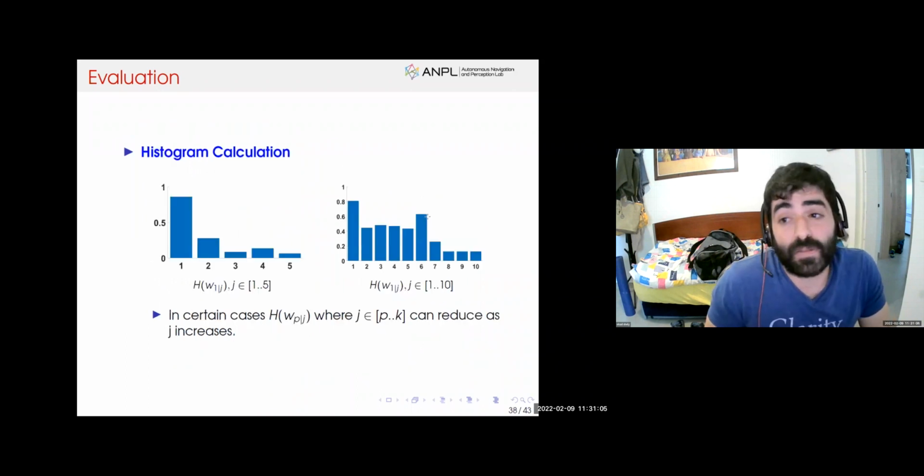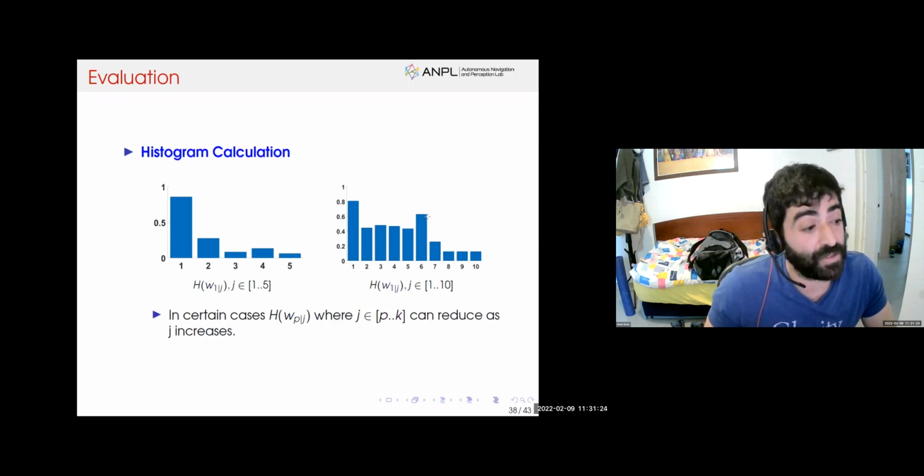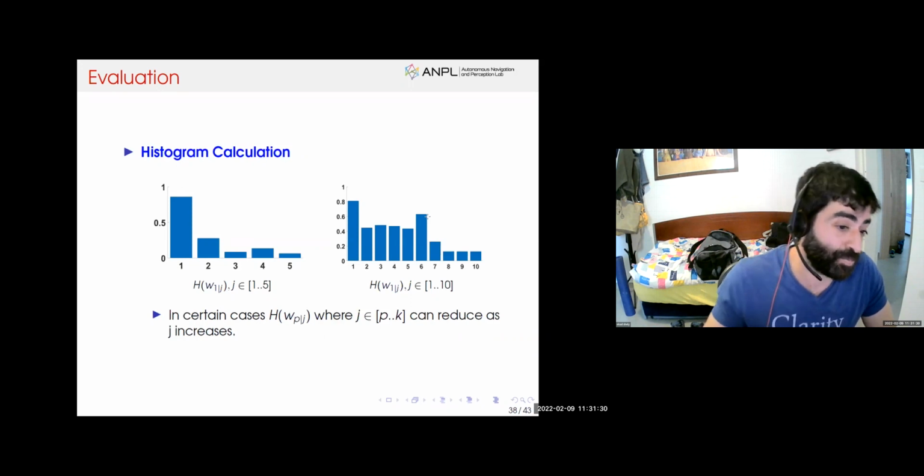This is a bit of the histogram calculations to both of the simulations shown. What we try to show you is the updated weighted value giving information at different time points. What it shows is that the uncertainty level, which is the histogram, can reduce as we obtain more information. We should note that this can occur, but we cannot guarantee that it will occur in all simulations.